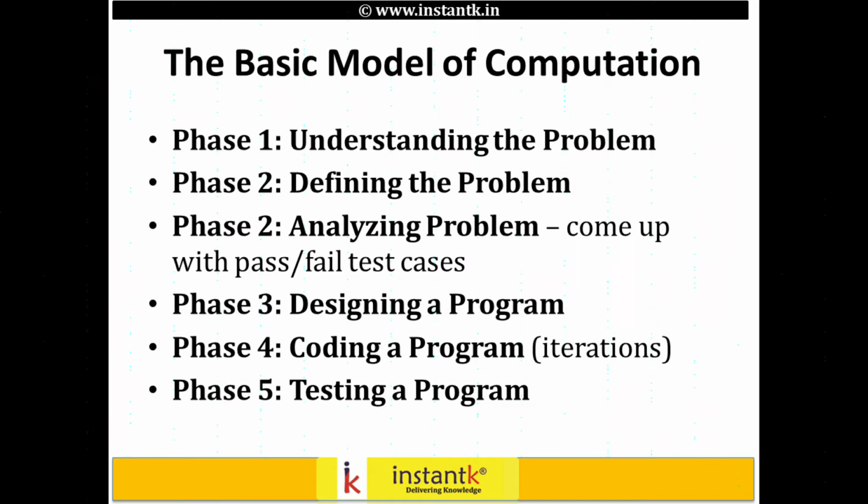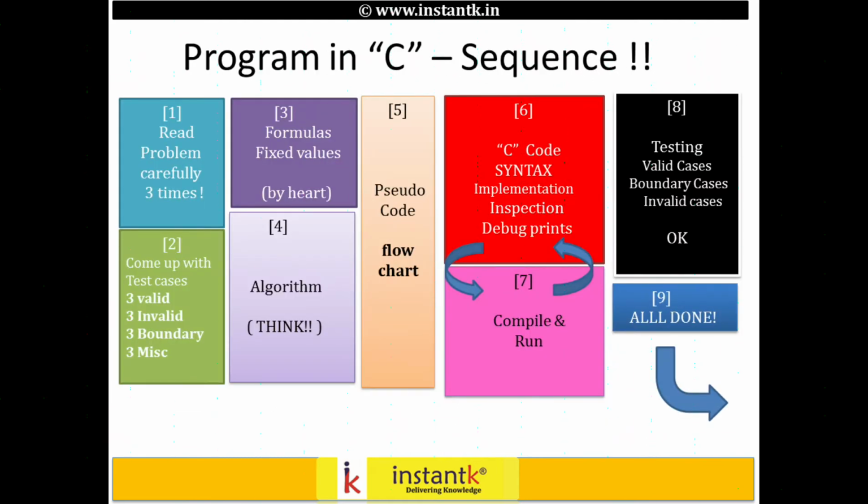So let me quickly run you through how to write a program in C, and the typical sequence one should follow to write a good program. There is a misconception that you take a problem, say bubble sort, and just write a C program. The C program is just a small part of the whole system. There is a big flow of iteration, a programming sequence one has to follow before we get a complete working code. Let me quickly walk through the whole thing.